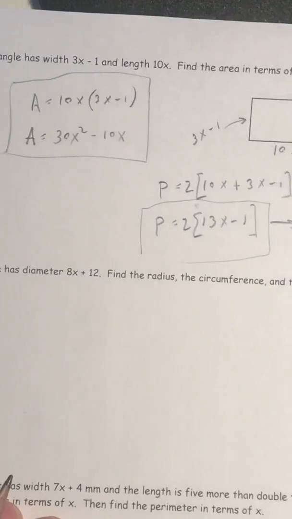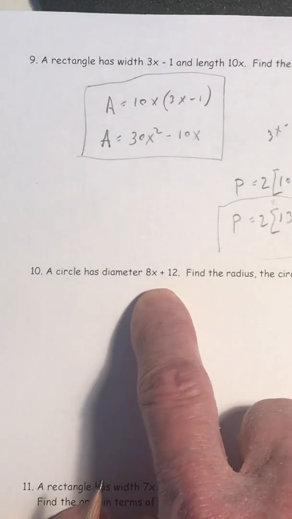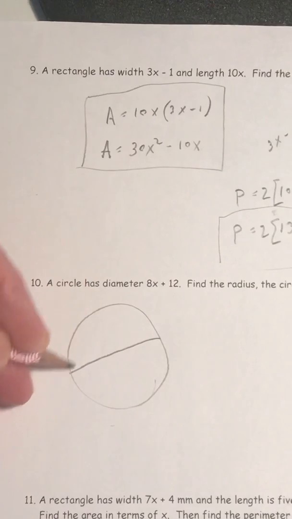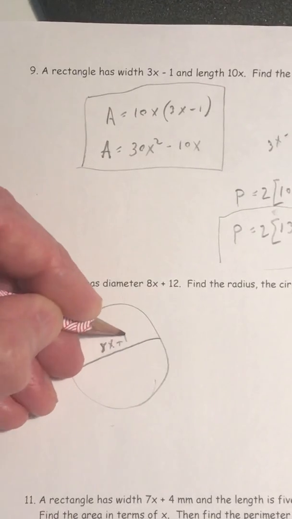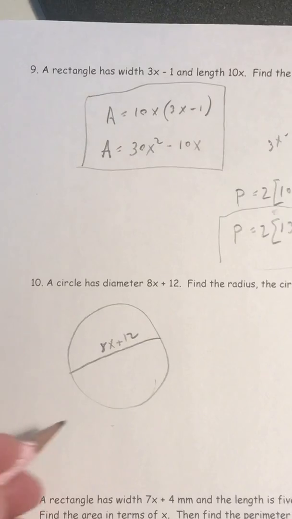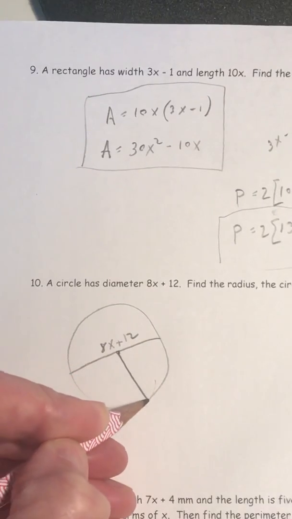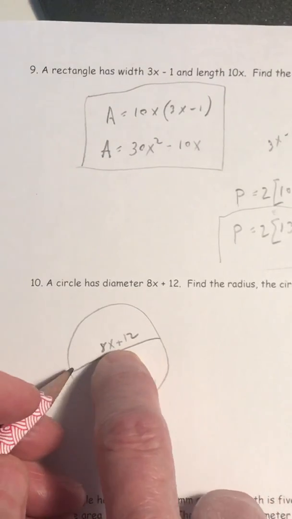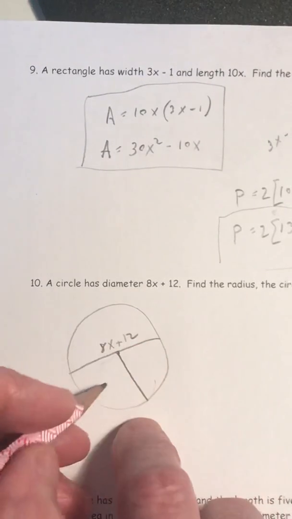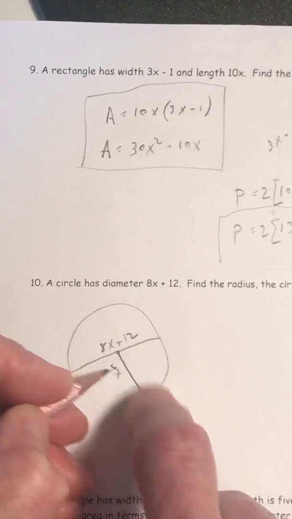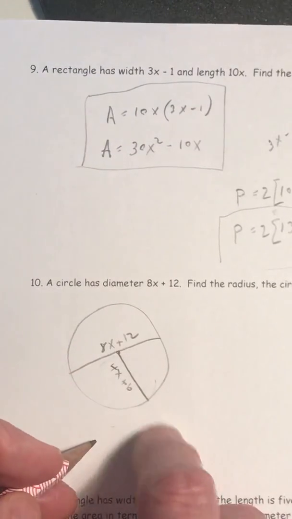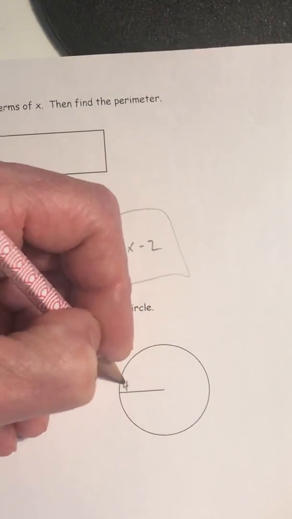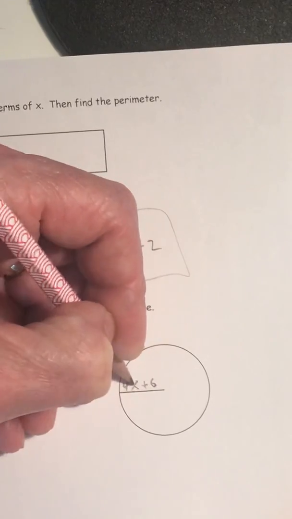Number 10, this is a little sneaky. The diameter is 8x plus 12. Let me draw another circle over here. Diameter is all the way across. So if the diameter is 8x plus 12, the radius is half of that, and that's not so bad because we got even numbers here. Half of 8x would be 4x, half of 12 would be 6. 4x plus 6. Let me go over here to the nicely drawn circle. 4x plus 6 is the radius,